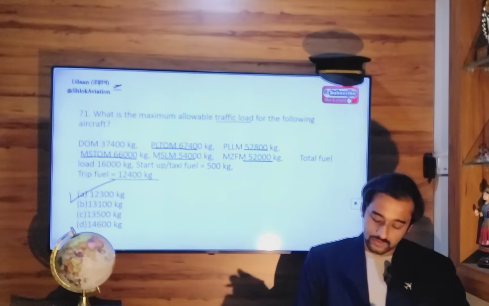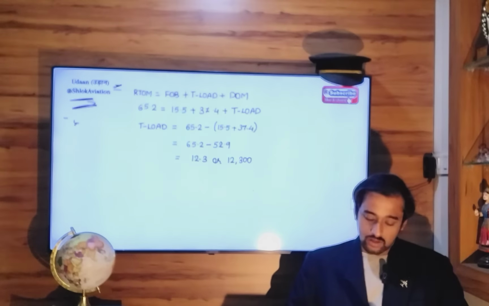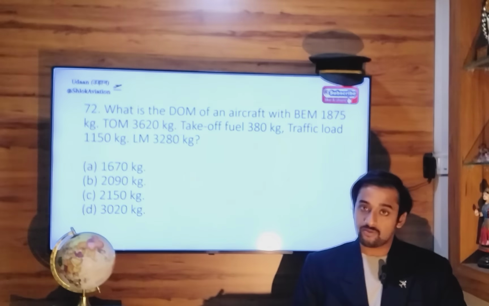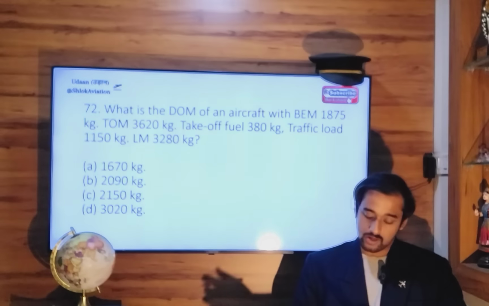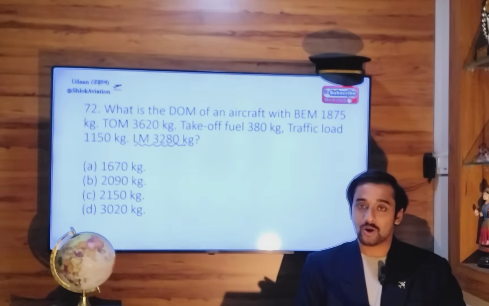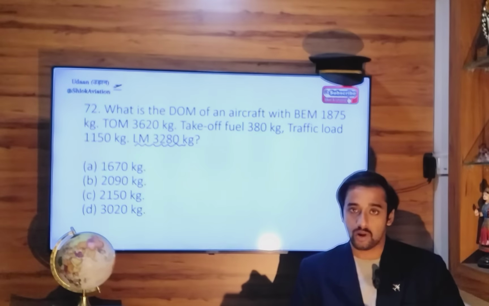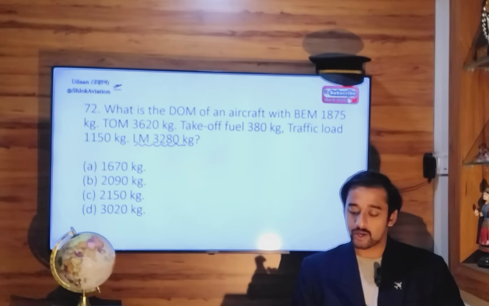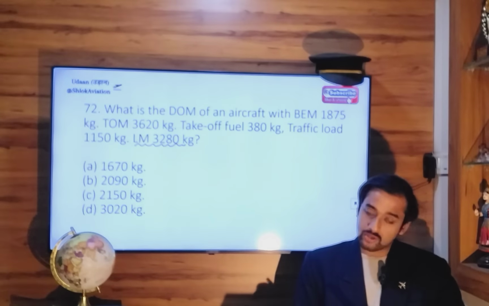Next, 72. What is the dry operating mass of an aircraft whose basic empty mass is given to you? Takeoff mass is also given to you. Takeoff fuel, traffic load and landing mass are given to you. So over here we will have to ignore landing mass because if we want to consider landing mass, we should also know trip fuel in order to calculate takeoff mass, right? Takeoff mass equals to landing mass plus trip fuel. So here trip fuel is not given to you. So landing mass information is irrelevant. Let's use the formula directly that says regulated takeoff mass is your DOM plus payload